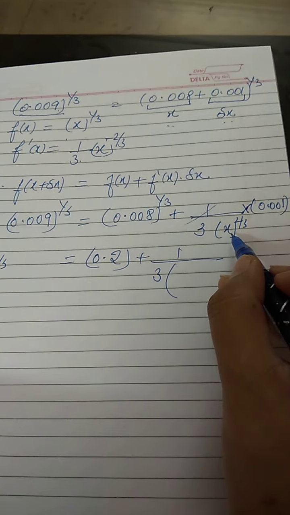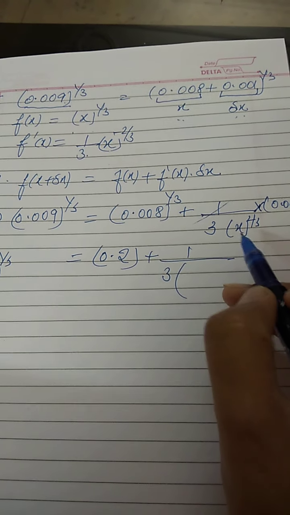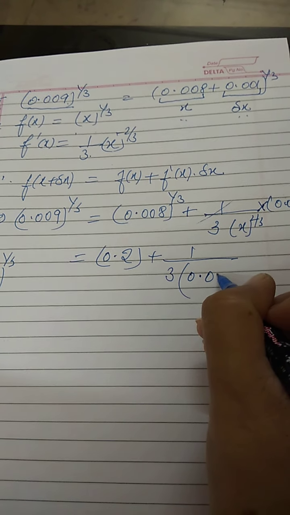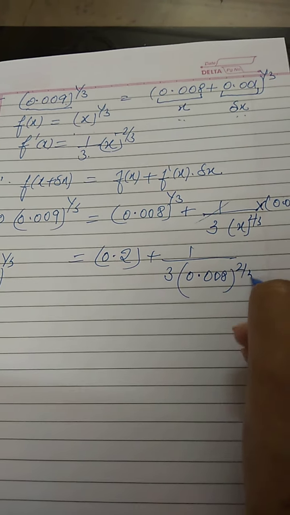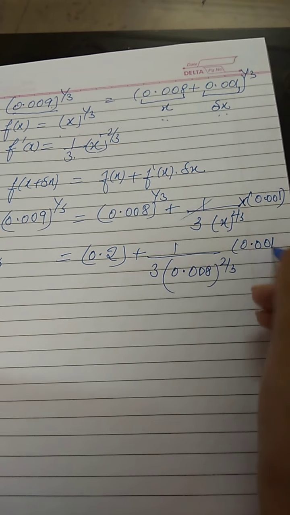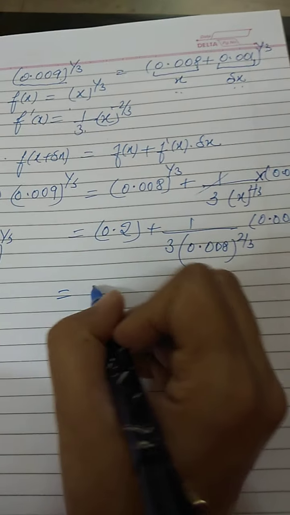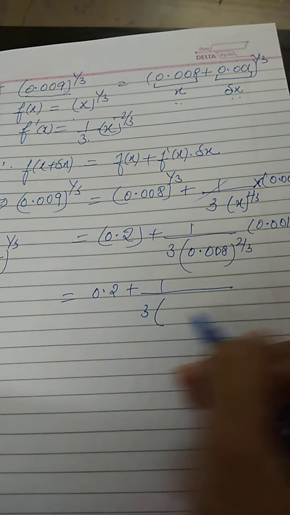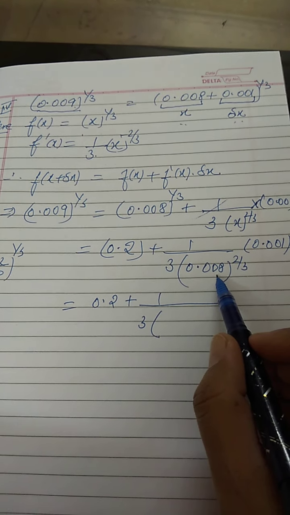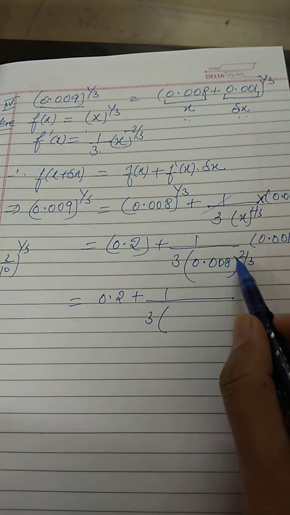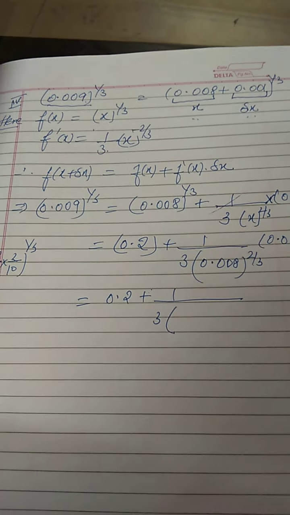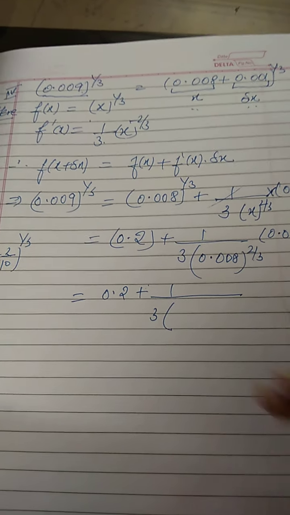Similarly here, in place of x, okay, here also we were supposed to put the value of x only. It's okay if I forgot to do it there. Let us rewrite the step, perfectly fine. So here it is 0.2 plus 1 by 3 into once again 0.008 to the power 2 by 3. If this 2 I don't write 1 by 3, it will be 0.2, and 0.2 square, what will be 0.2 square? We will be left with